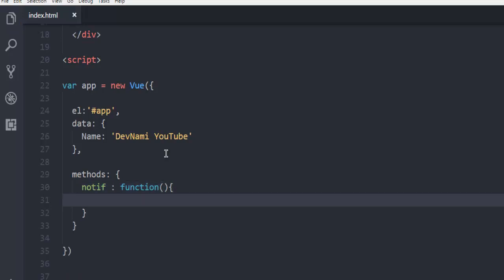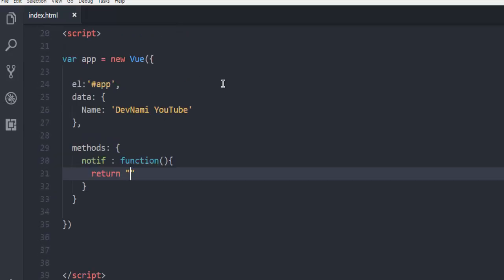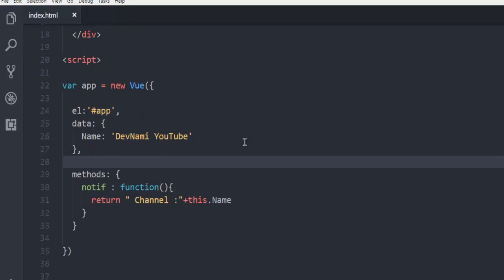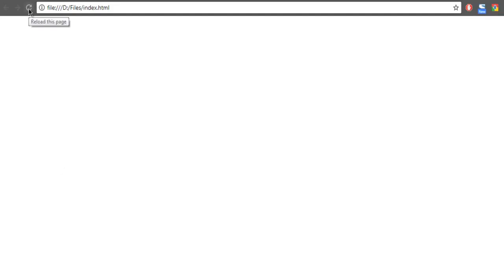Now inside this, I'm going to simply type in return, and let's say 'channel', and then concatenate with this.name. Okay, save this. Now we can go ahead and refresh our HTML page, and it shows Vue.js tutorial by, and